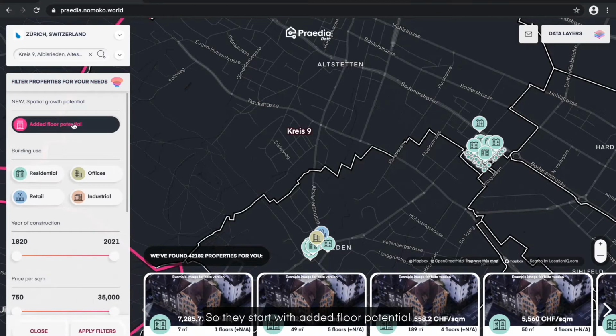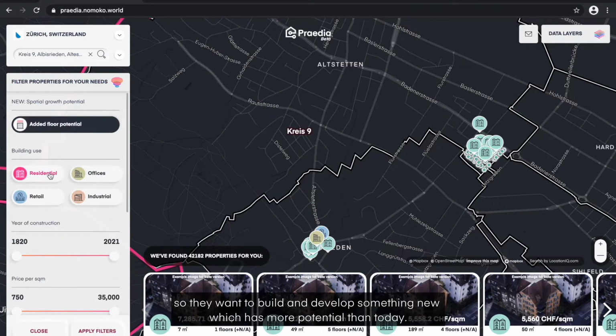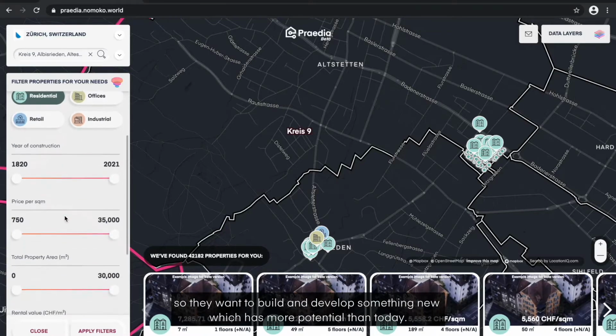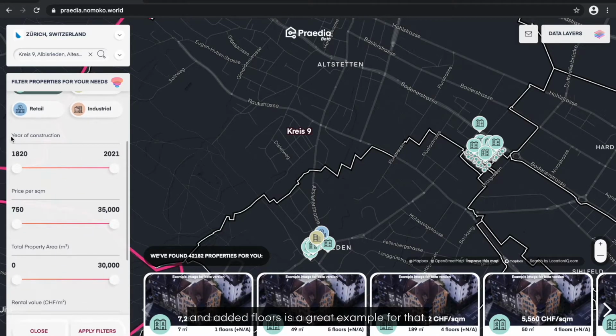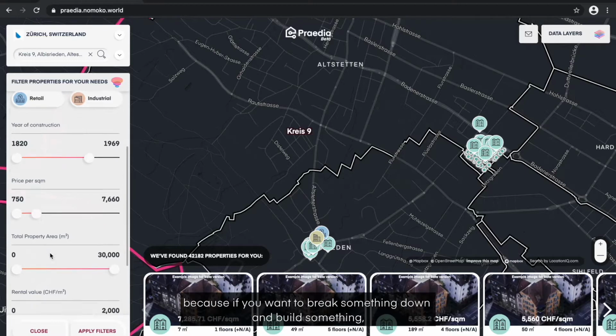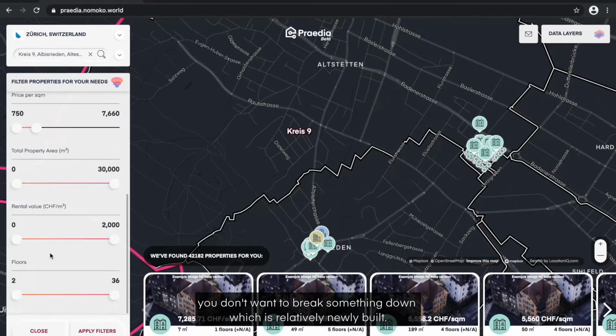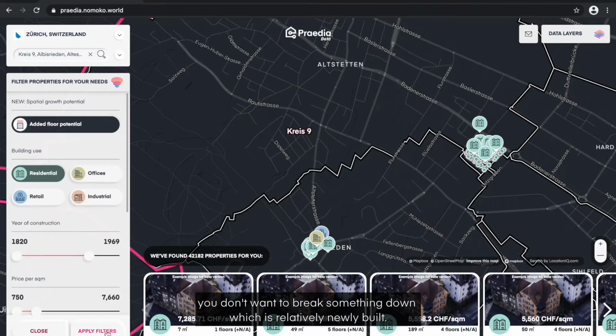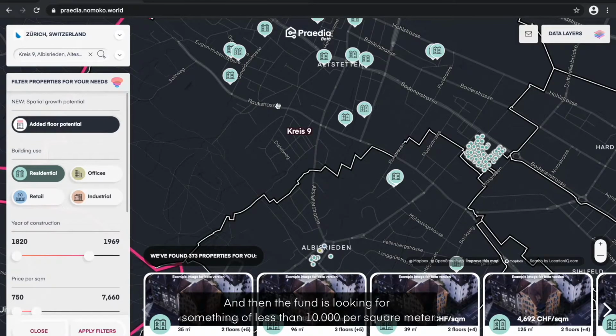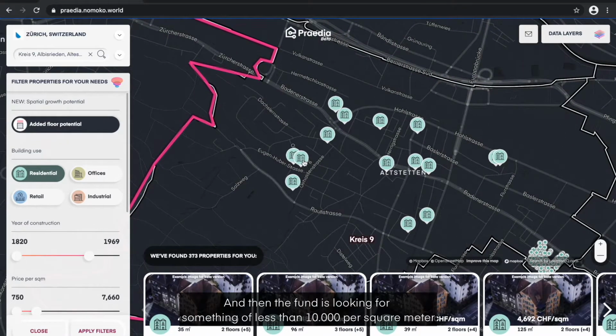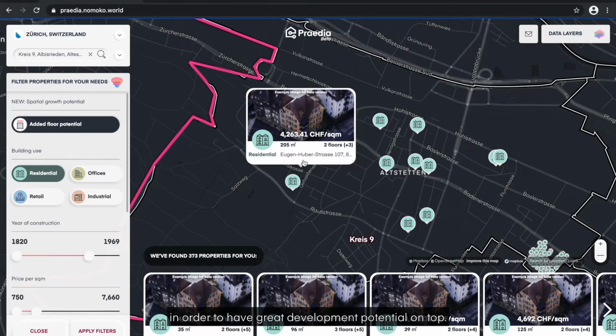So they start with added floor potential. So they want to build and develop something new which has more potential than today, and added floors is a great example for that. Then the person looks into only residential buildings because that's what the fund is designed for. It also looks for buildings which are older than 30 years because if you want to break something down and build something new, you don't want to break something down which is relatively newly built. And then the fund is looking for something of less than 10,000 per square meter